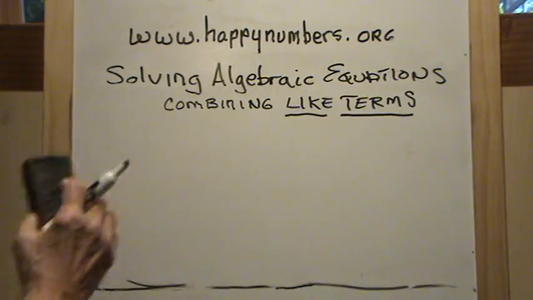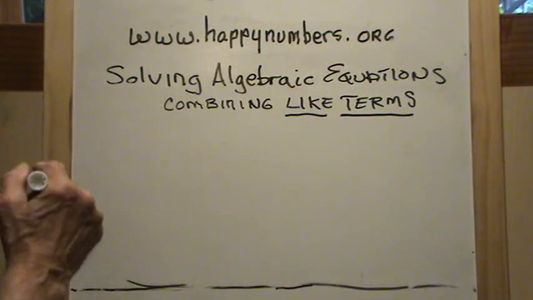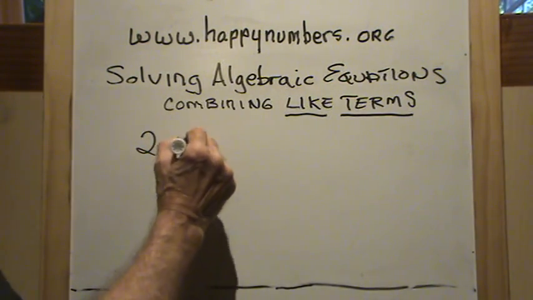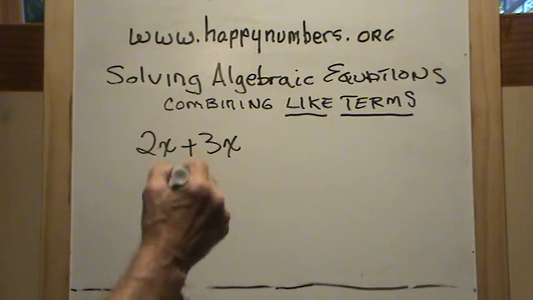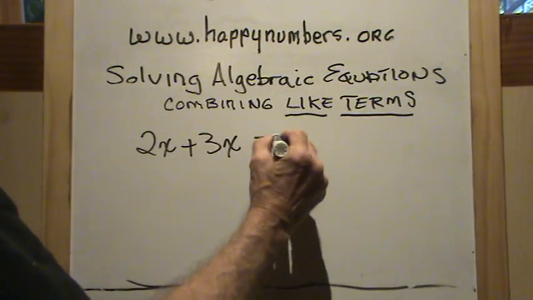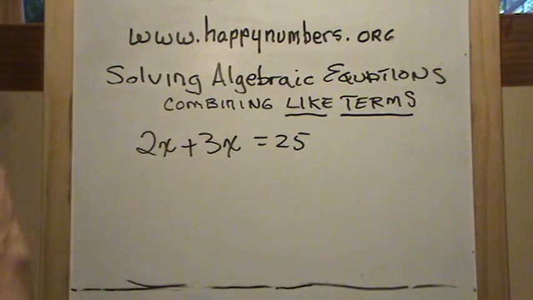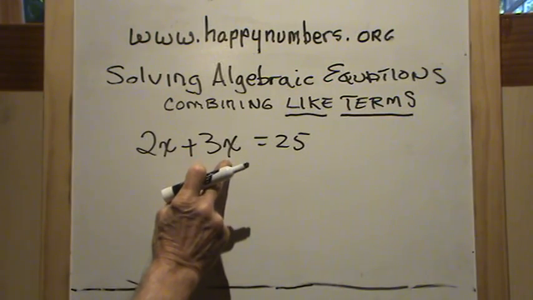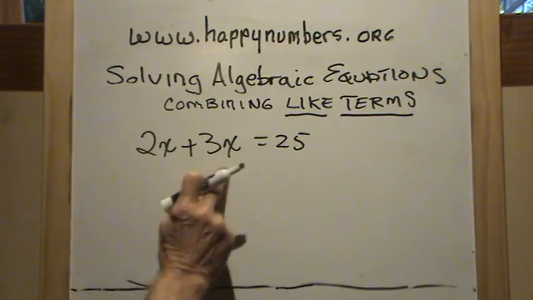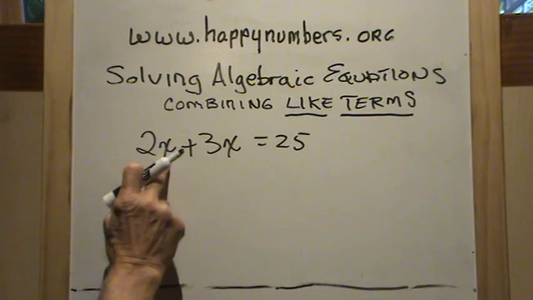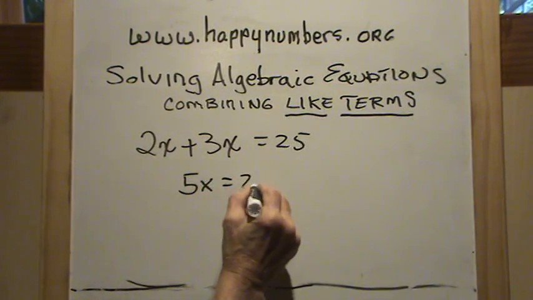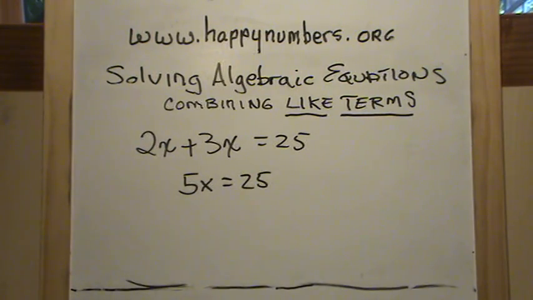Let's take a look at one example of an equation here. Let's take this: 2x plus 3x equals 25. Well, here on this side of the equation I have 2 terms and they're similar, they're like, so I can combine them. So 2x plus 3x would give me 5x equals 25, and now we just have a typical equation